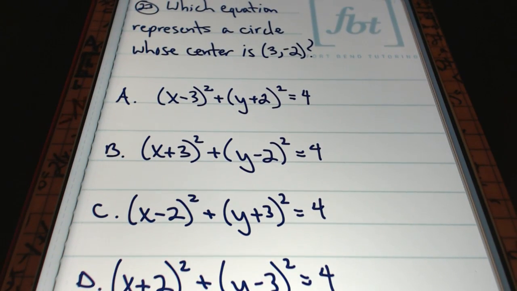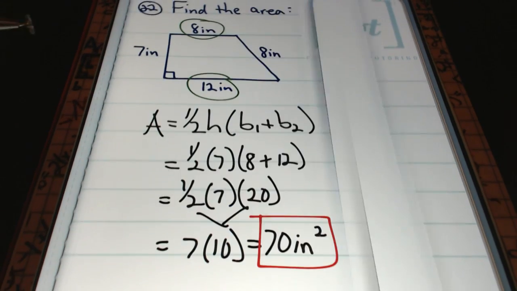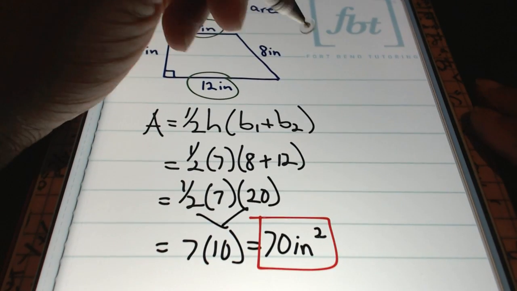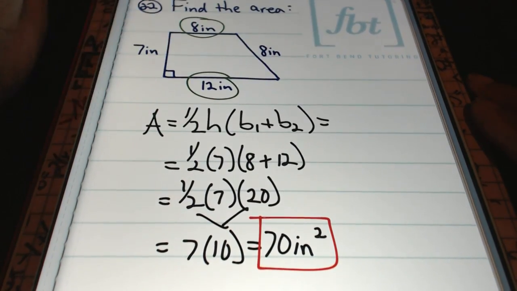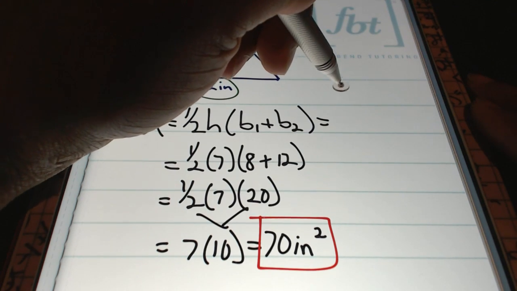Problem number 23 is in your face. It says, which equation represents a circle whose center is (3, -2)? Seth says, could you also write the formula as area equals to the height times base 1? Let me see, Seth. You can write it this way. You can write it as the height